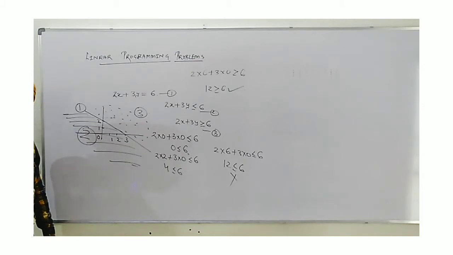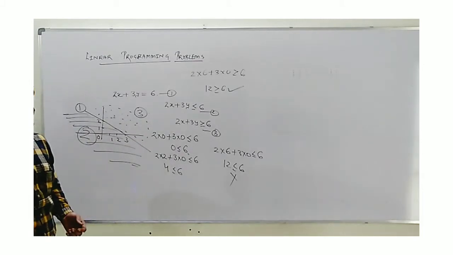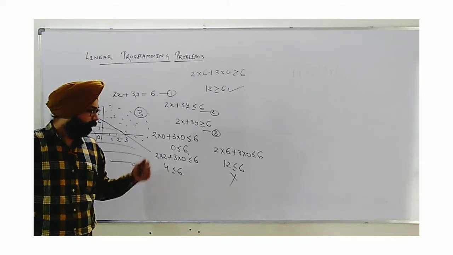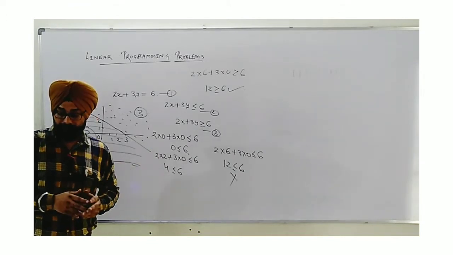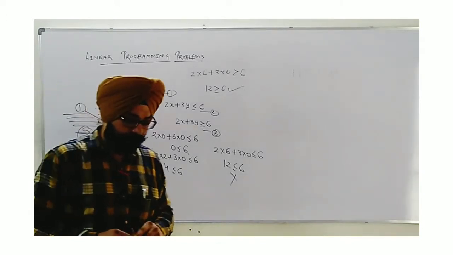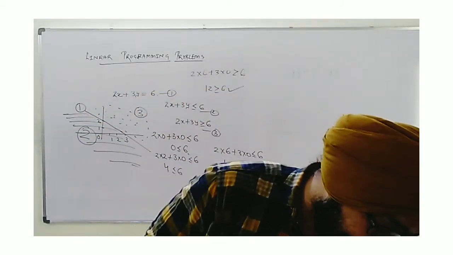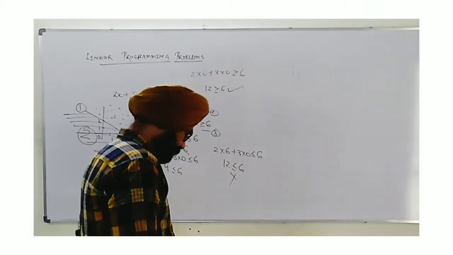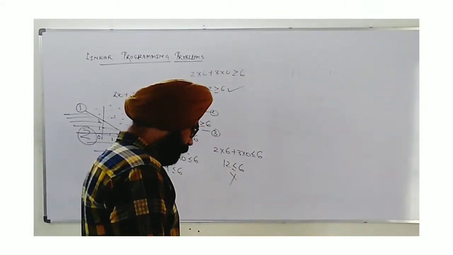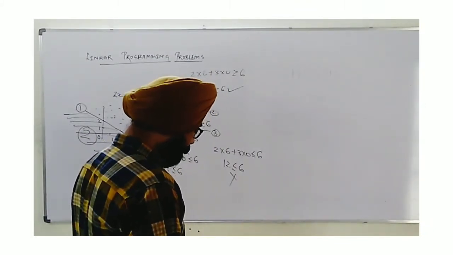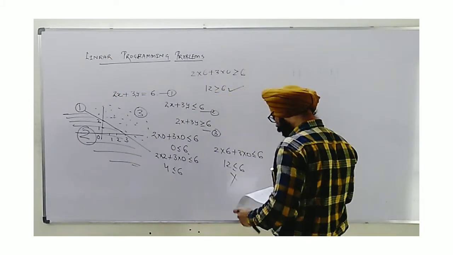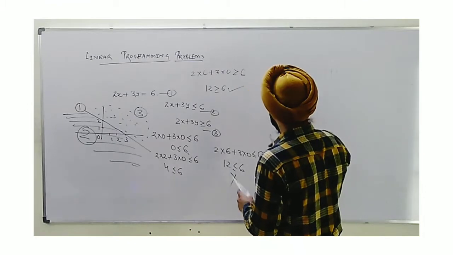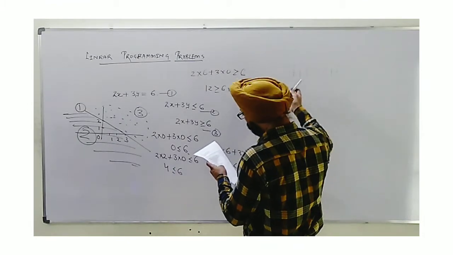This is the plotting. This is how we plot inequations on a graph. But this, as I said, is the revision part from earlier classes. What we have to see in this topic, linear programming. Here, what we do, we have more than one inequation given together. Suppose we are given here more than one inequation.